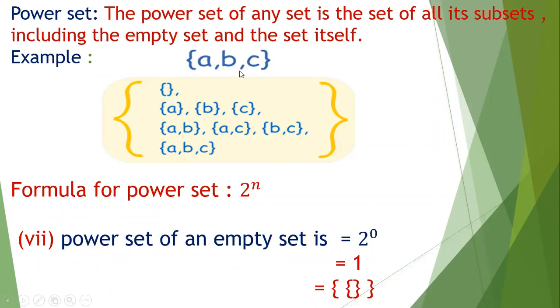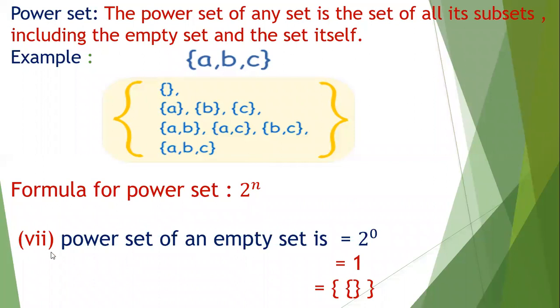Sometimes when we have a set with very many elements, it is very difficult for us to list out all the elements. So we can find the power set with the help of a formula given by mathematicians. This is 2 raised to the power n, where n stands for the number of elements. So how many elements are here? 1, 2, 3. So 2 raised to the power 3. When 2 is multiplied 3 times, you will get 8. So 8 subsets will be made here.